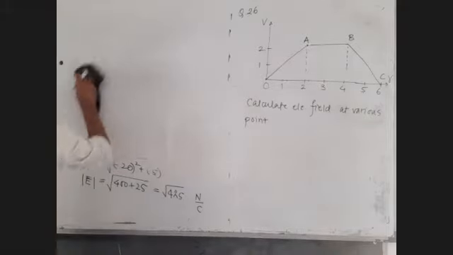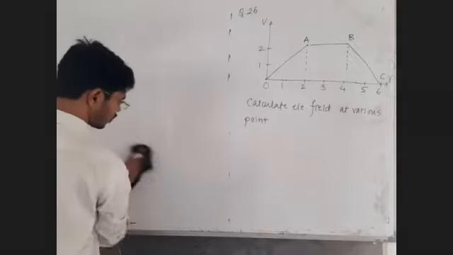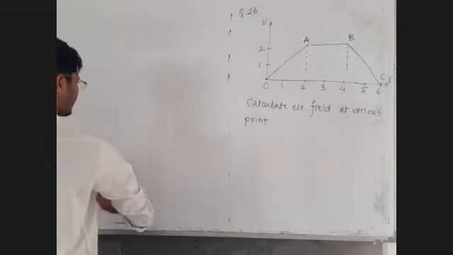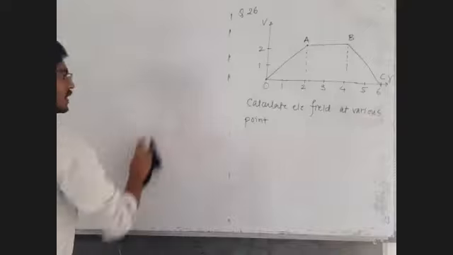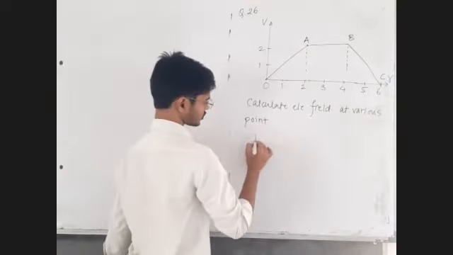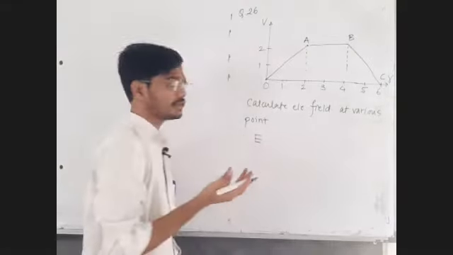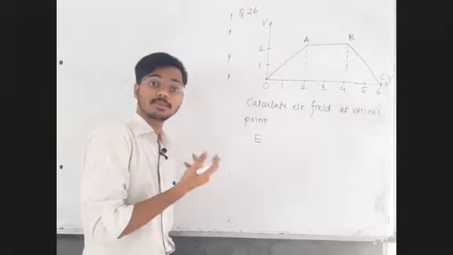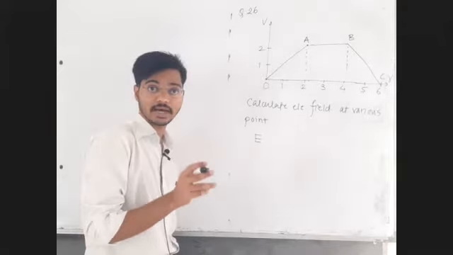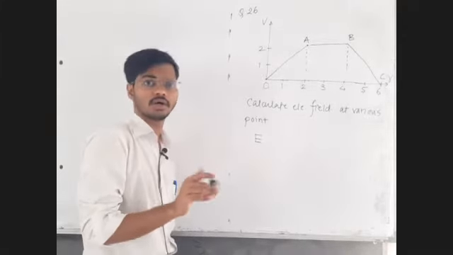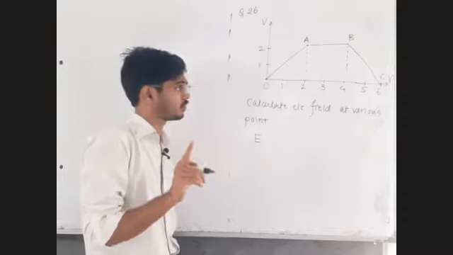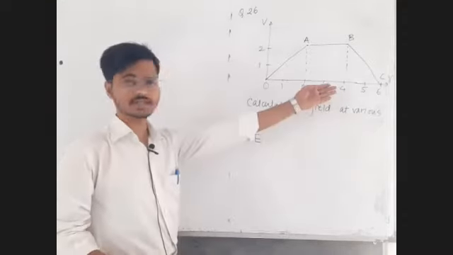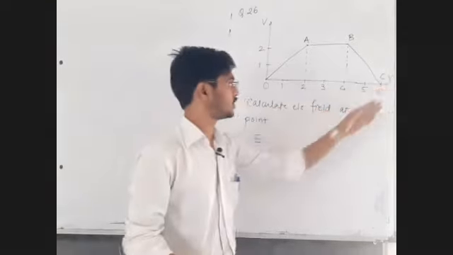Sir, if the one dimensional case is there, no need to write dou V by dou R. We can write dV by dr, because only one dimension is there. dV by dx, or simply dV by dy, or simply dV by dz. See, I am saying d and not do. Only one dimension is present. Right now, R is the only one dimension.